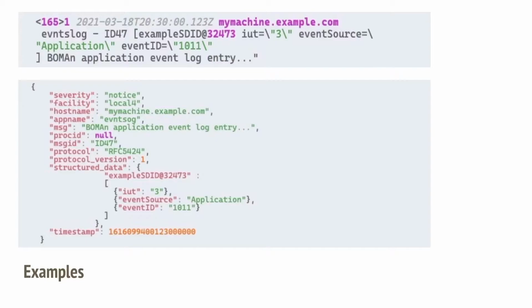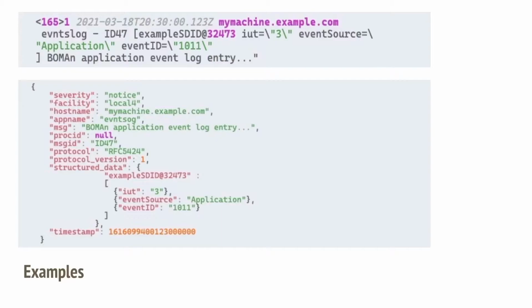The severity and facility fields are extracted from the priority number, which is mentioned at the beginning of the syslog message in angular brackets, 165 in this case. So from the priority value, two values are extracted for severity and facility respectively.